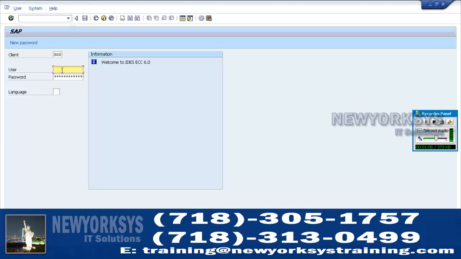This is the latest version which we are using. Once you double click on this, enter the client 800. They will provide you a specific user ID and password.